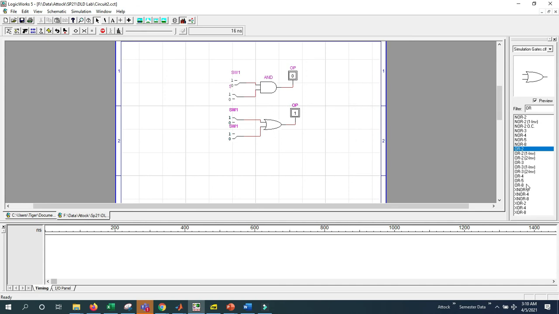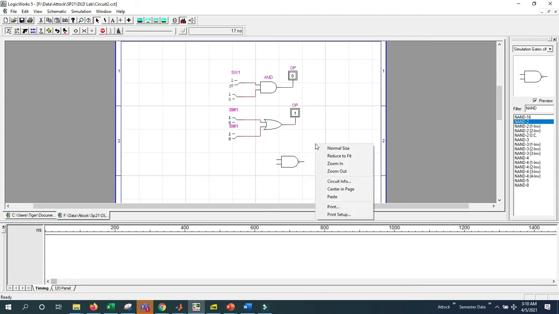So if we want to further check any gate, for example, the operation of the NAND gate, we will simply click NAND 2 and place it here. Like previously, we need two inputs and one output, so we will copy this and paste it here and then press escape.